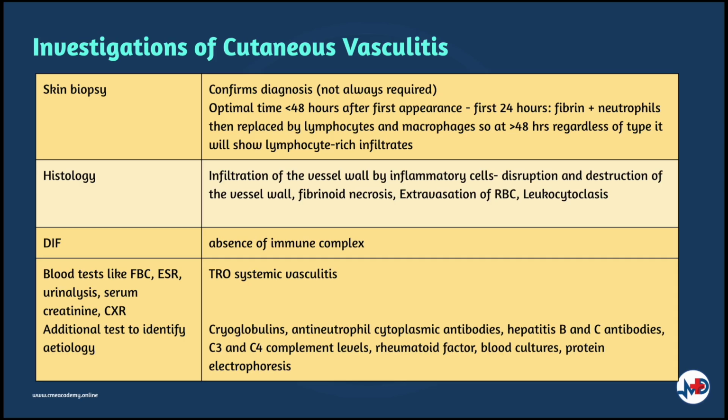When doing a skin biopsy, it's important to take a biopsy extending to the subcutis from the most tender reddish or purpuric lesions. Histologically, there will be inflammatory cell infiltration in the vessel wall, resulting in both the disruption and destruction of the vessel wall. When direct immunofluorescence is done, a few different findings are found depending on the type of cutaneous vasculitis. And lastly, not forgetting, IgM deposition in blood vessels could be associated with circulating rheumatoid factors or monoclonal production.